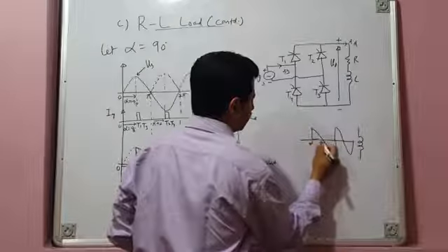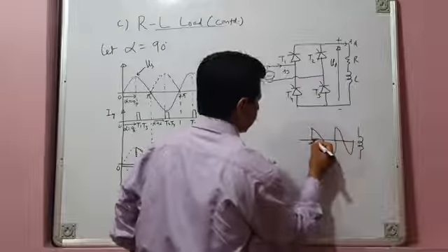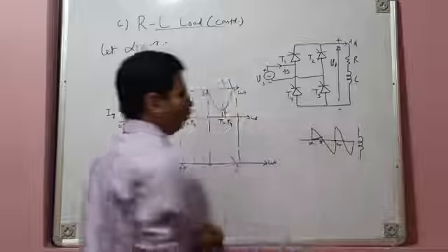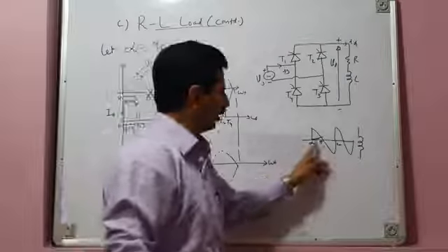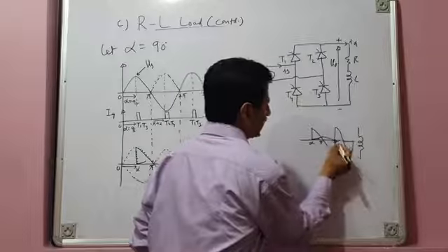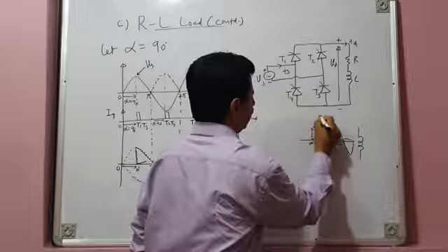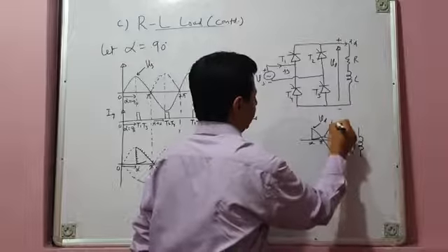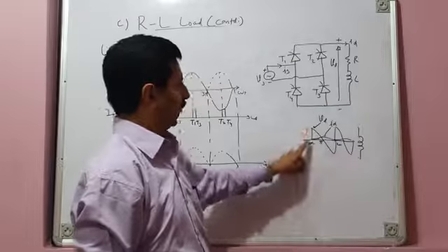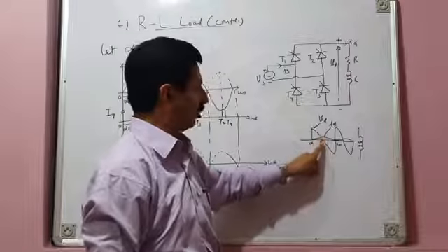So this is alpha, this is pi, and this is 2 pi, of course. Current rises, it reaches peak value at omega t equal to pi, as you already know. Then it falls and it just touches 0 at omega t equal to 2 pi, and then it again rises. So if this was your load voltage, this was the load current Id. What I mean to say is that for purely inductive load fed by a full converter, current was rising from alpha and reaching its maximum value at omega t equal to pi.